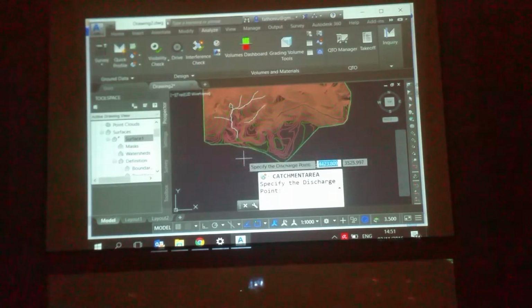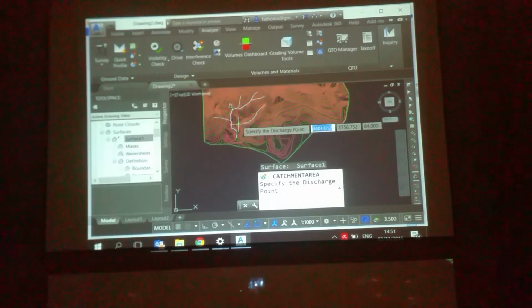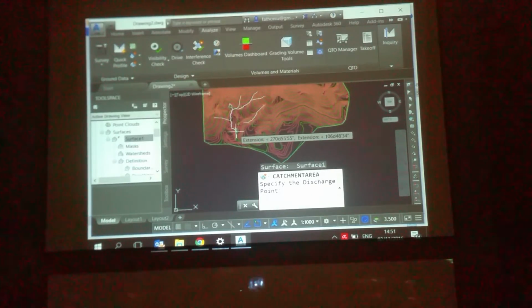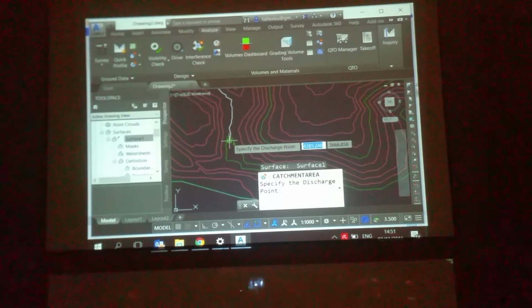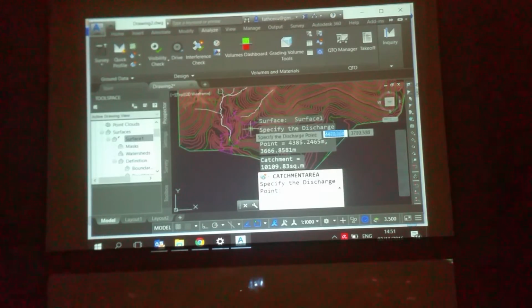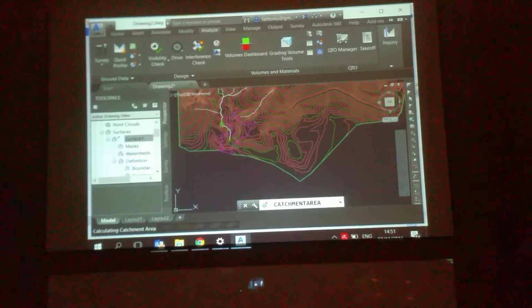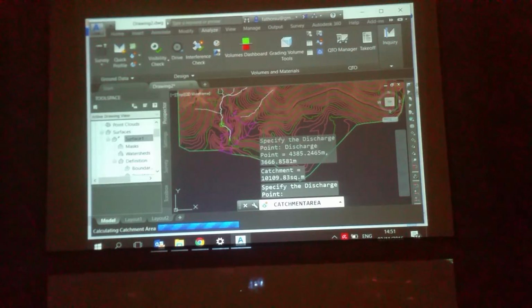Catchment area, we can calculate for you. Let's say you decide to calculate the size of your drainage system. You need the catchment area, right? The depth, breadth of the drain system. So let's say this is the discharge point. So this one from this area, from this area, and then let's say maybe a staggered one. This point, calculating the catchment area.